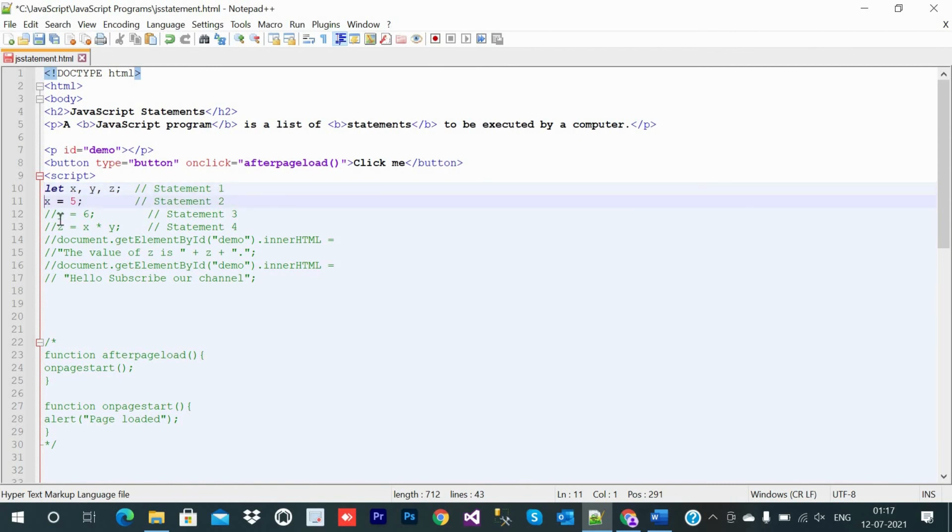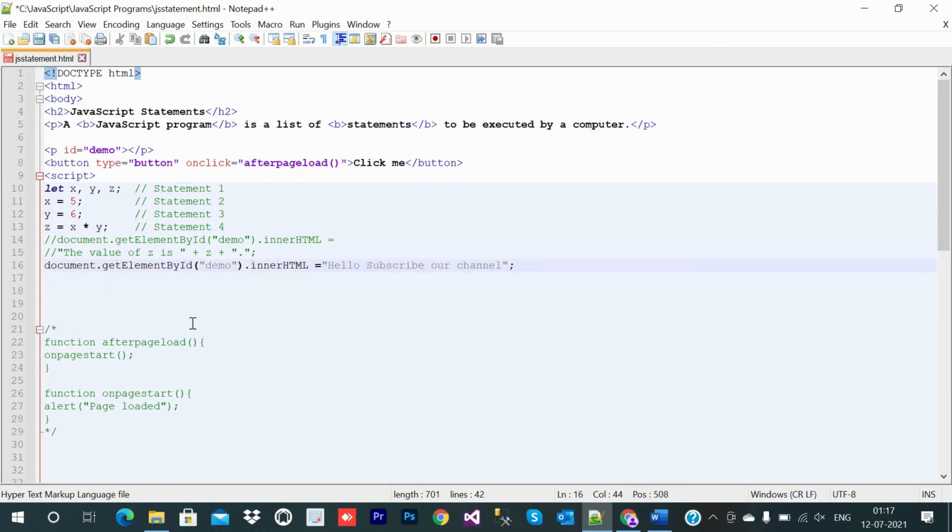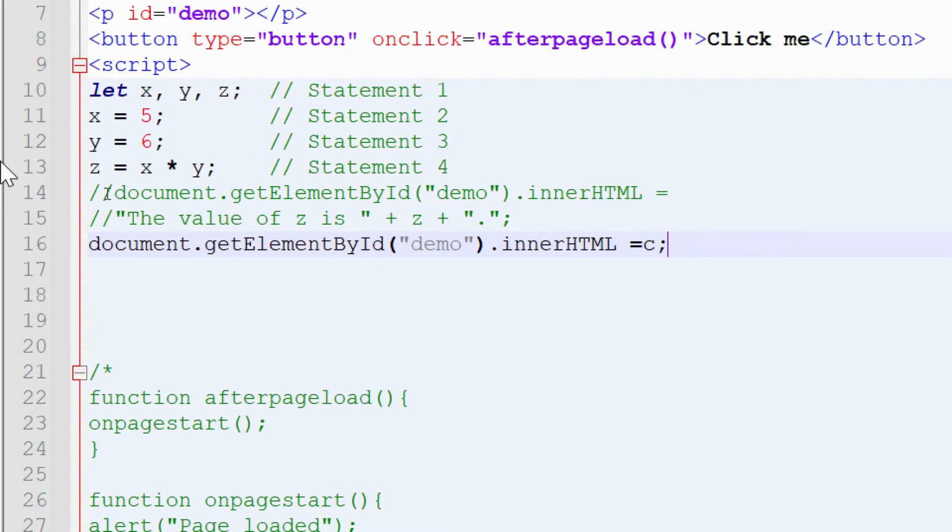So let x, y, z: x equal to 5, y equal to 6, and z equal to x plus y, and in document.getElementById.innerHTML we will print the z. As you can see here, we were printing the c, and here it is z.